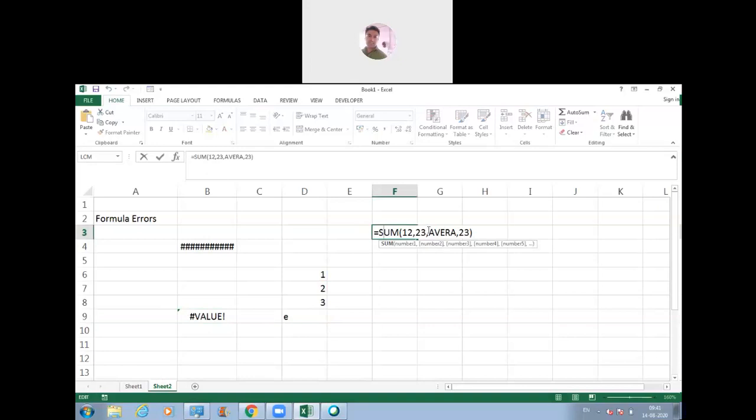Instead of using cell references, I have passed the values directly. Now, what is happening? If I remove this, the error will automatically go away, and I will be able to get the sum of all the numbers I have passed as arguments. But if I pass something like this, which the sum function will not be able to understand,